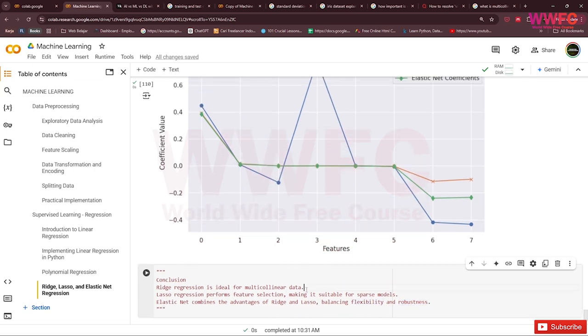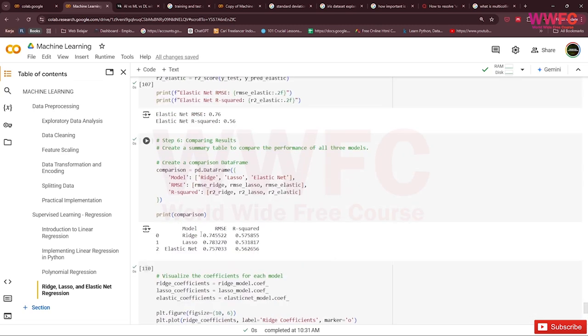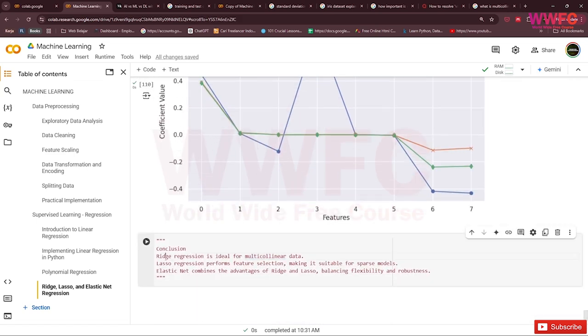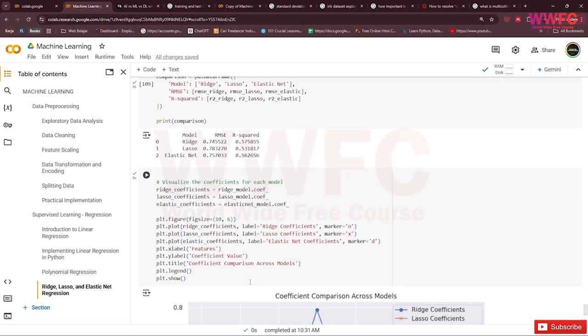So maybe our data is more multicollinear, so it makes ridge's RMSE smaller and R-score closer to one. So our model is much better with ridge rather than ElasticNet or lasso, right? If you publish a paper, then this is your data for using ridge regression, lasso, or ElasticNet combined.